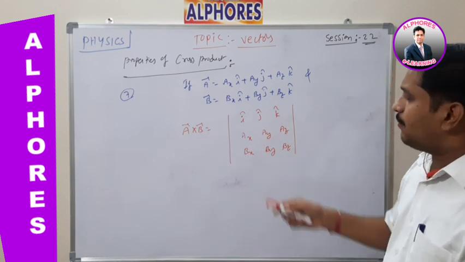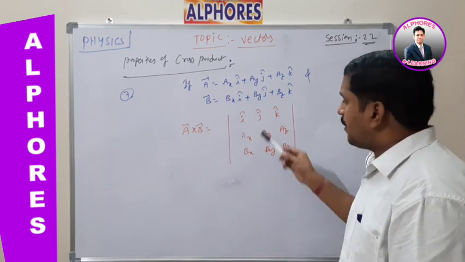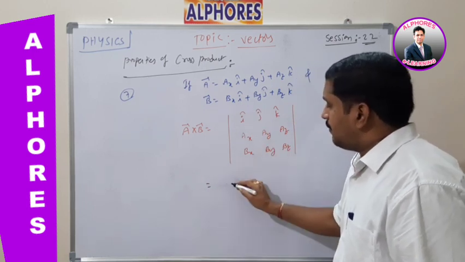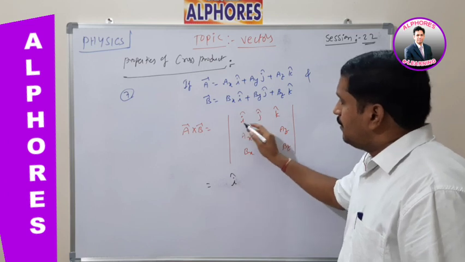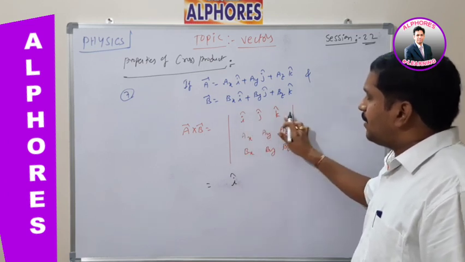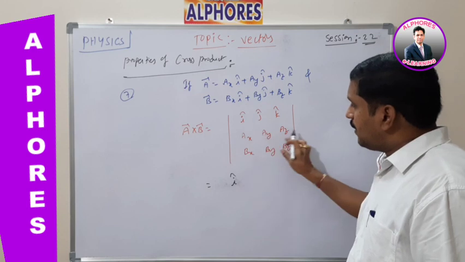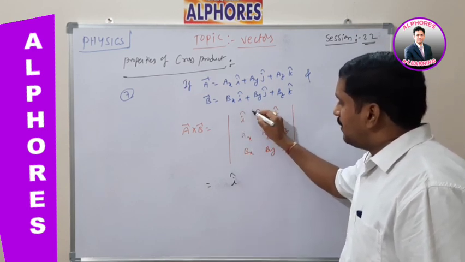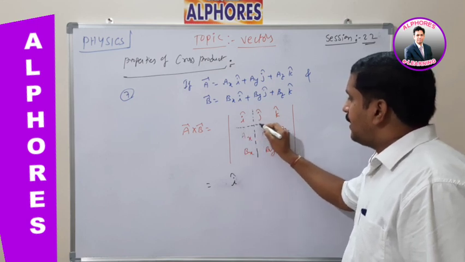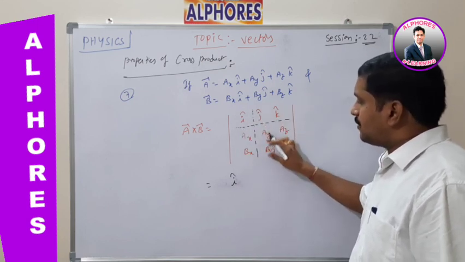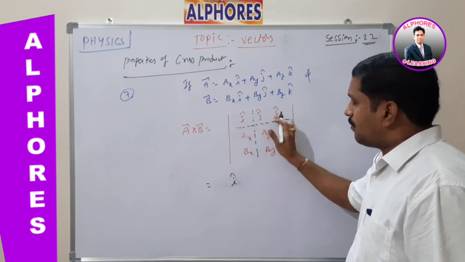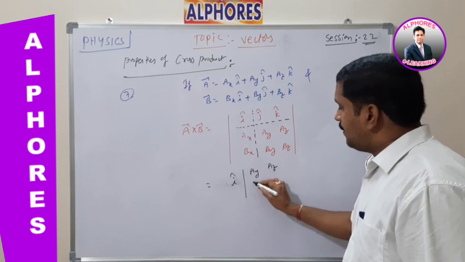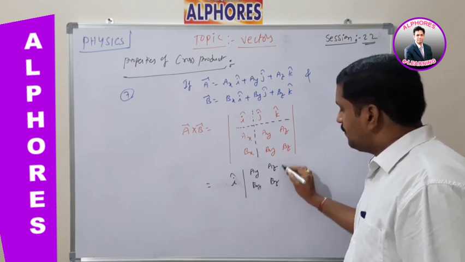As per the situation, I have to write this equation. So this can be divided, listen carefully. First of all, I have to take this 3 by 3 matrix, meaning it has 3 rows and 3 columns. Listen carefully, I have to take this first i cap, which means I have to neglect the first row and first column. That leaves the determinant of Ay, Az and By, Bz. I just have to explain this.